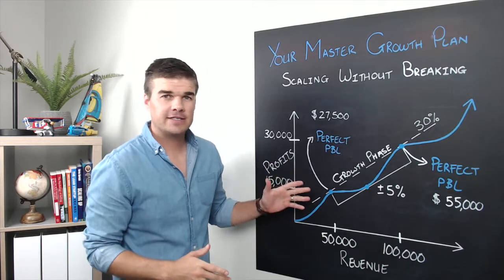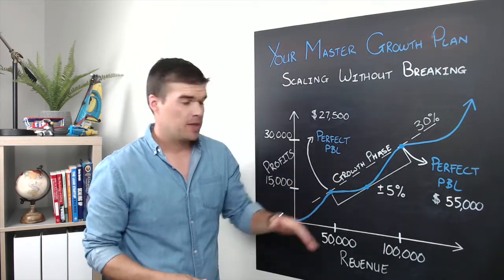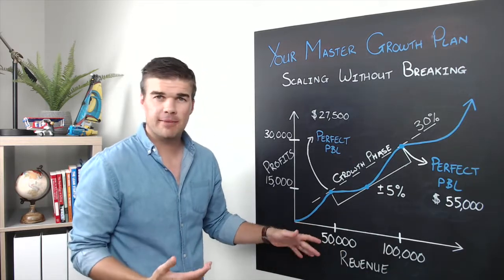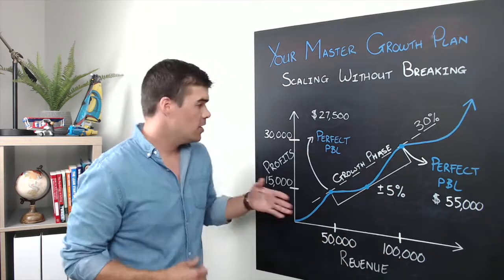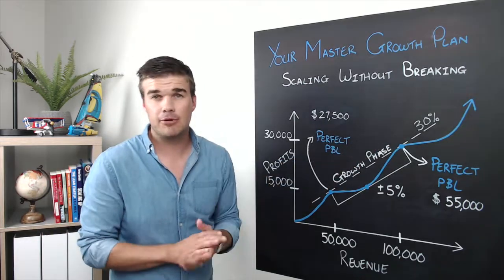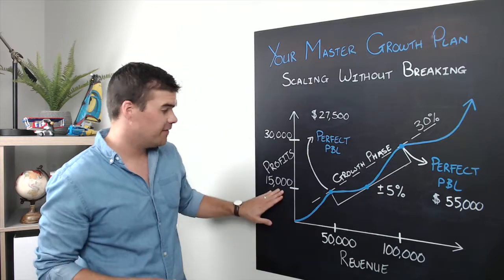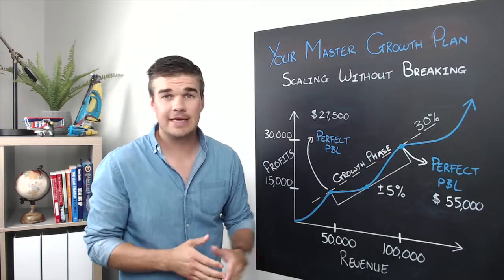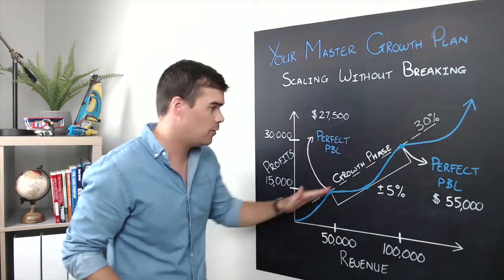So I want to orientate ourselves around this graph, and essentially all this graph is a profit graph. At the bottom here we have revenue, and I've made two major markers, or the examples I'm going to use: $50,000 a month in revenue and $100,000 a month in revenue. On this side, I have profits, and I'm trying to get to that 30% pre-tax profit percentage, as I've explained in our perfect P&L. So here I've got $15,000 and $30,000, and the blue graph is our profit curve, okay? Ideally, it would be a straight line at 30% the entire way across.